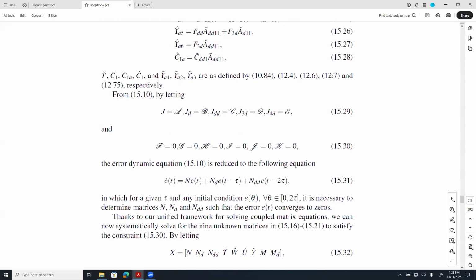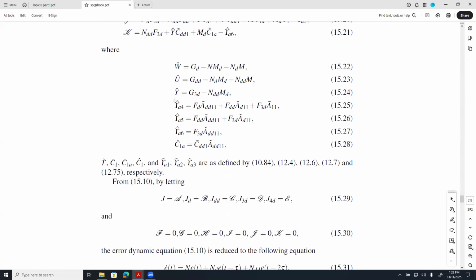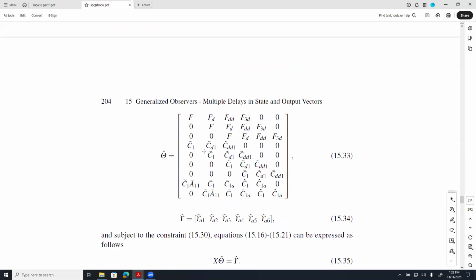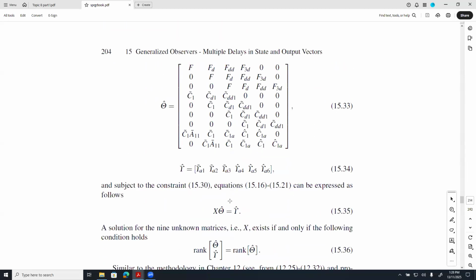in the book. So for example, that one is defined, that one is defined, as well as some other terms like C1 bar or C bar 1 and so on. They're all well defined in the book. So with this big matrix and the check on the rank condition, we basically just test the condition, and if it's satisfied, then we can realize the solution, and then we can go to the next stage, which is ensuring the stability of